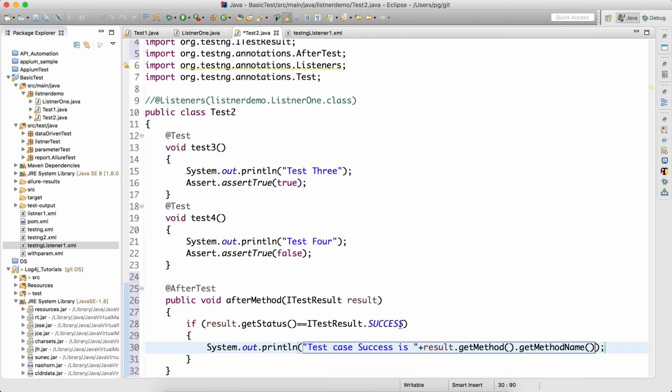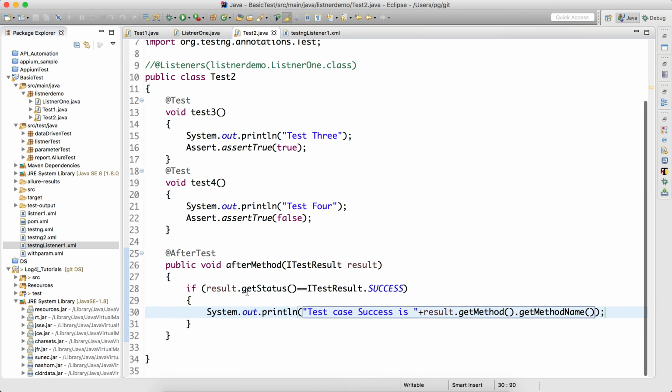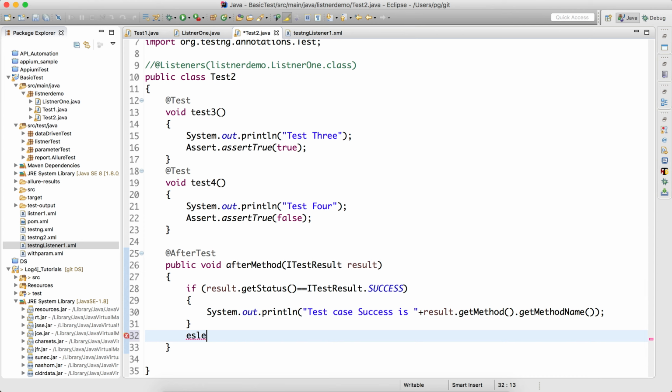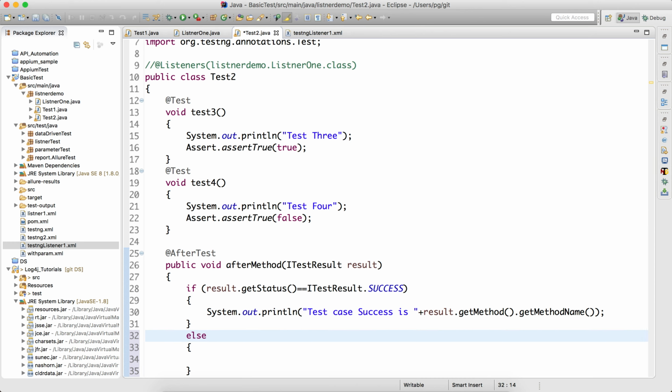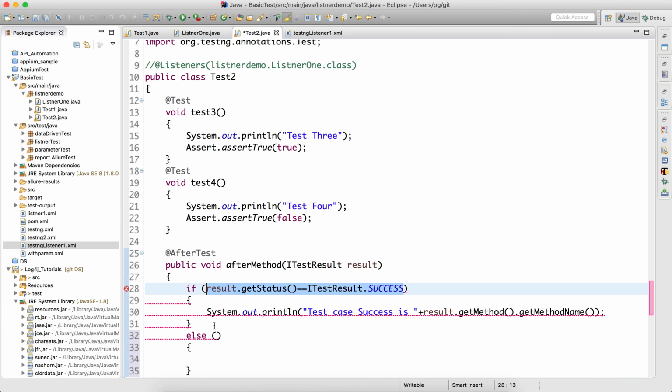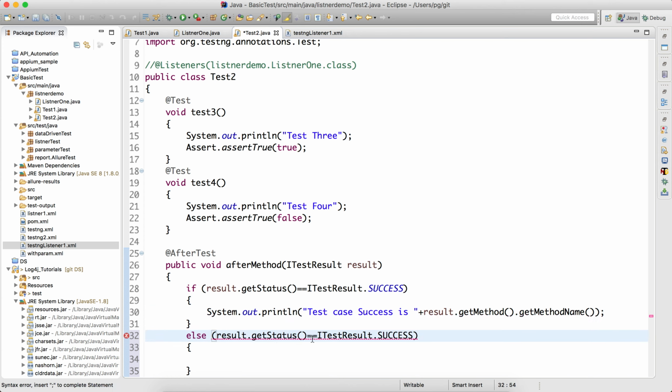This is a very simple example of calling the listener reference every time and checking whether the test case is getting pass or fail. So here I'll be getting the status. If it is success, it will be equal, and I'll get "test case success is" and the name of the test case. Else, this is a very simple example using if else. I'm doing if else, I can write one more condition. If I just copy paste, if result.getStatus is failure,